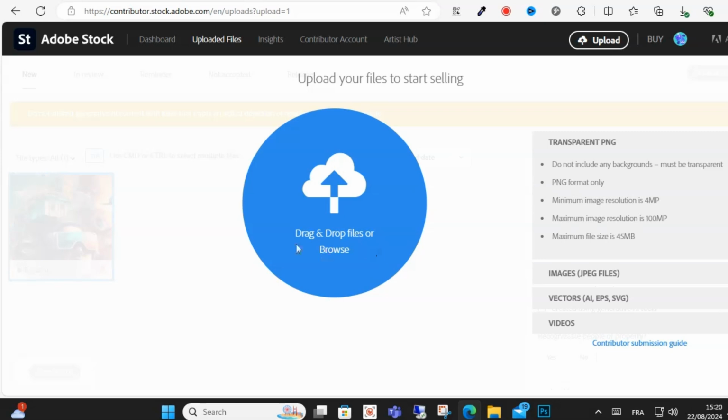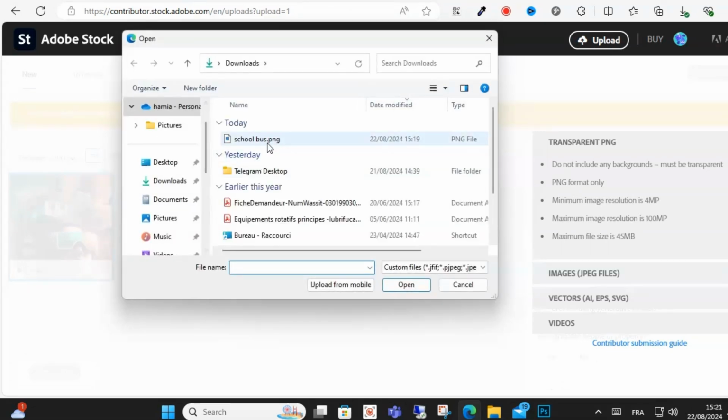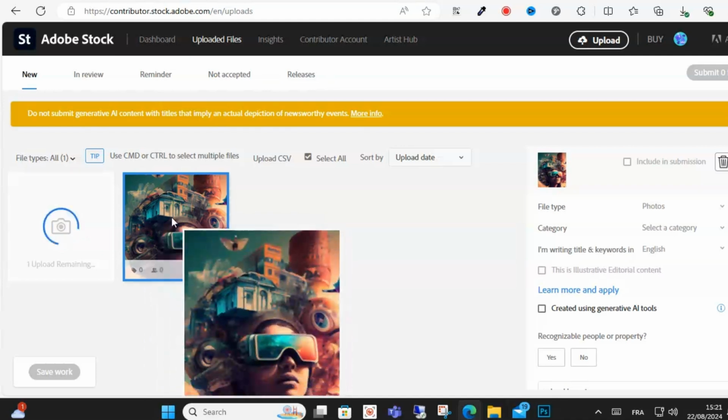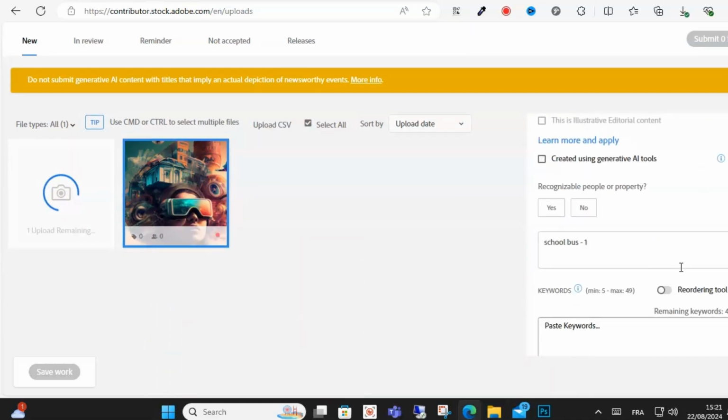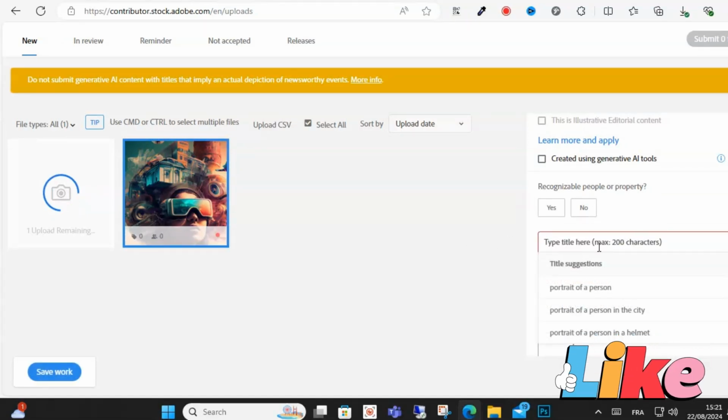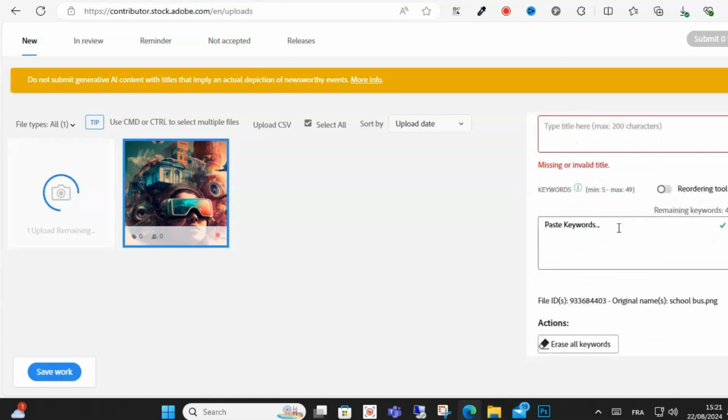As you can see here, click that just here and choose the file you want to upload, and in my case it is an AI image. And just scroll down, guys, and choose the title. As you can see here, this is your title, and after clicking title, post your keyword and choose the best